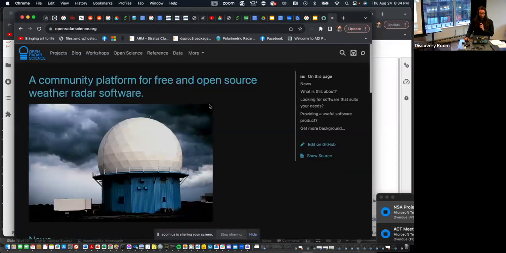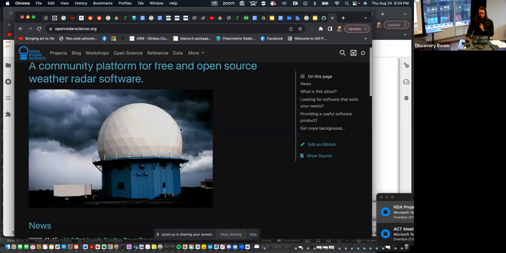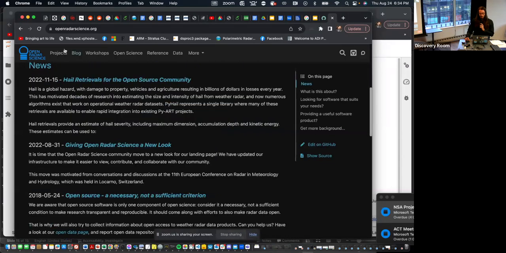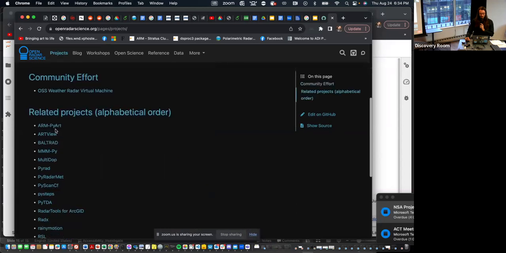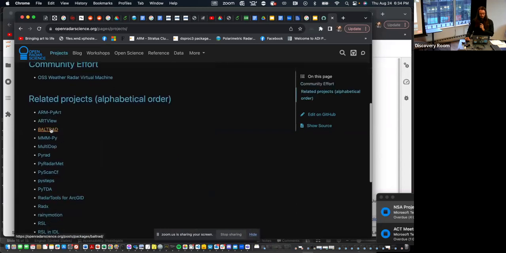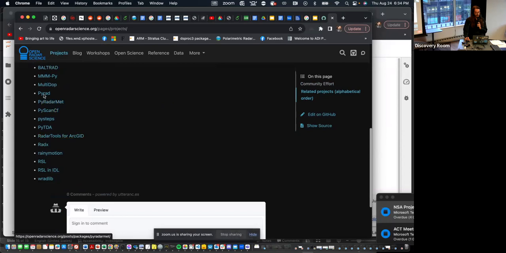This is a community platform for free and open source weather radar software. There are all these different projects that are part of the Open Radar Science stack, including PyArt. And this is another radar processing package called BaltRad. We also have the PyRad package here. All these are different tools that you could use to process your weather radar data, and they are all available on the Open